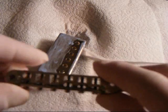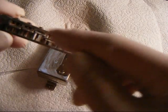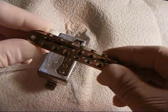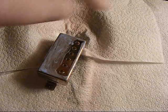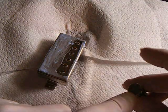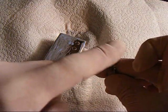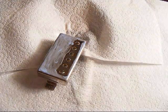But right here, it looks kind of bad, and here, and the problem with this would be getting polish down inside all the cracks and stuff. We're just gonna not touch it. We're gonna avoid that. Took the posts up, and all we're gonna do on the post are just the tops, very tops. That's it. The rest of it's going to be covered up by the tailpiece. So I'm just going to the top of that. Okay, so